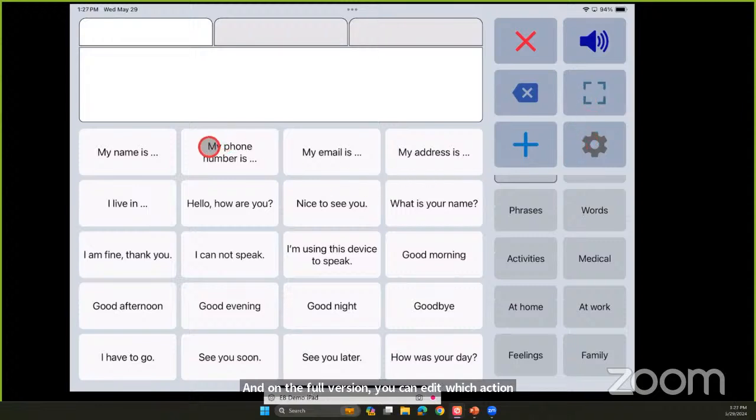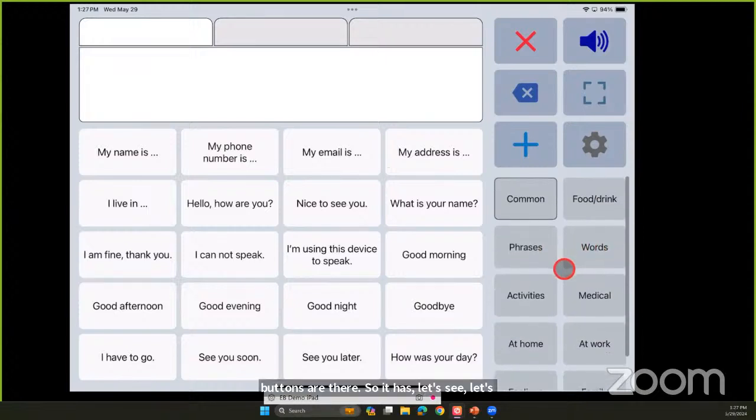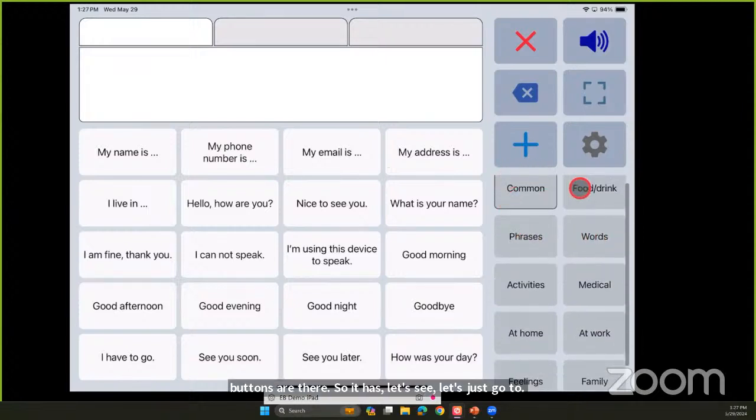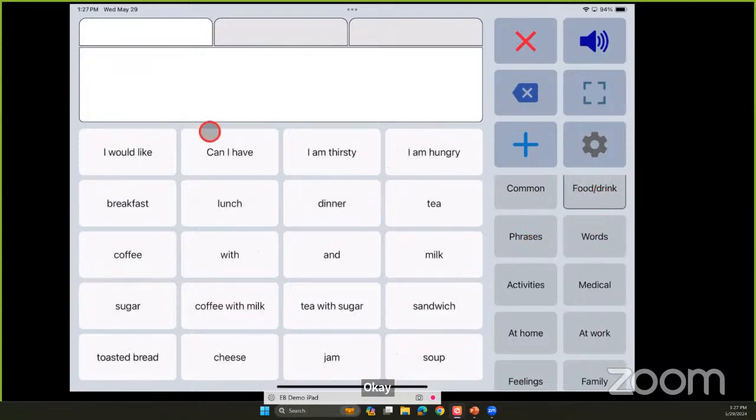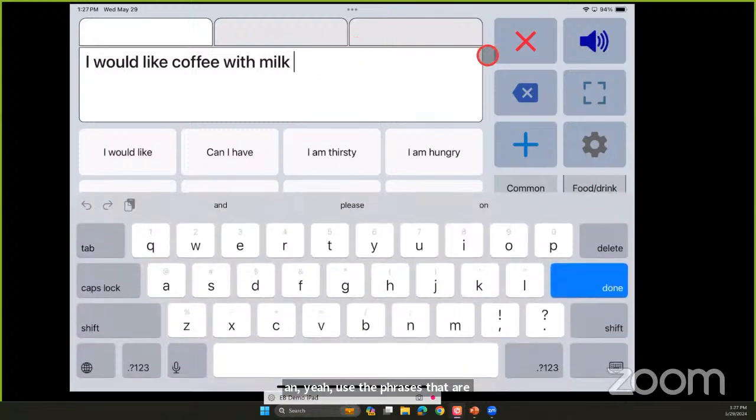So you can say, I would like coffee with milk. You can use the phrases that are there, or if you click, you can access the built-in keyboard on your device and the word prediction that's built into that.